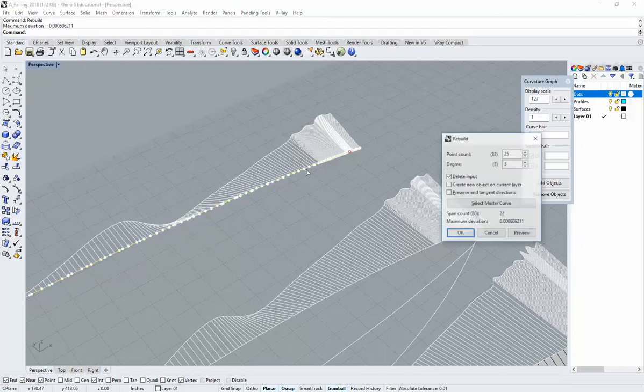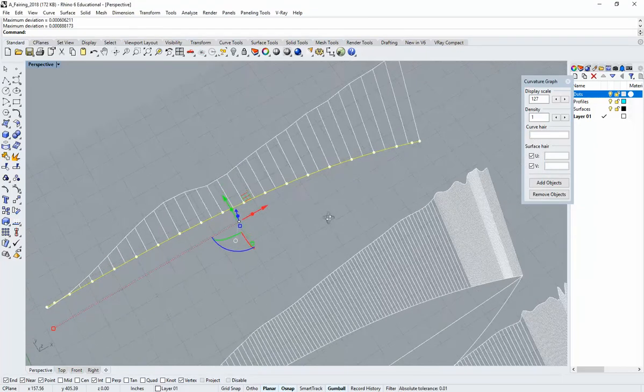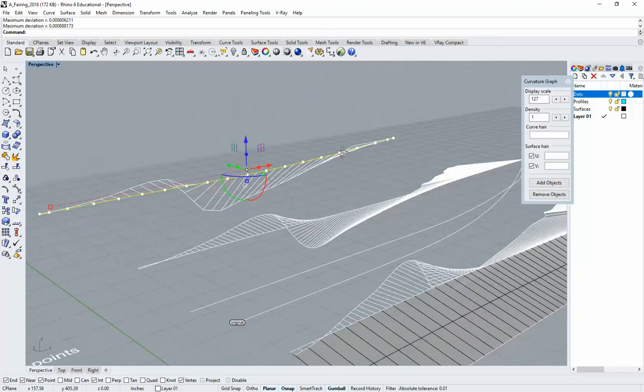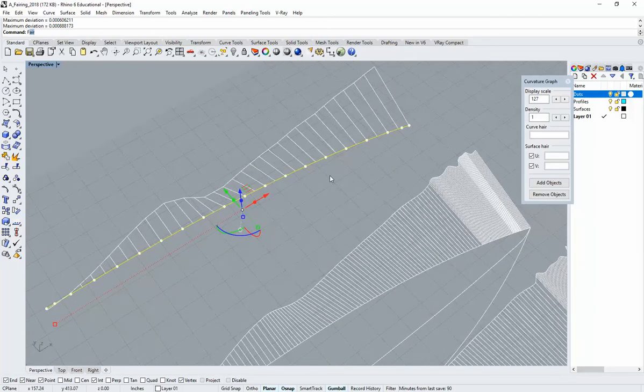So let me rebuild this to, first of all, drop the number of control points I have, and also clean them up in a way, space them out a little bit more evenly. So I'm just going to go with 20 on that. That's going to affect its curvature graph already, cleaning it up slightly. The fair command